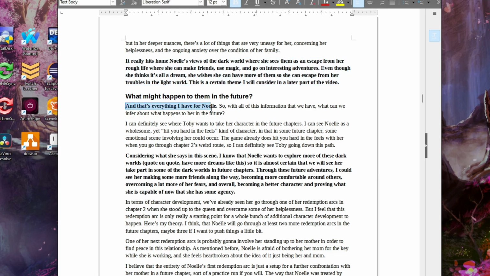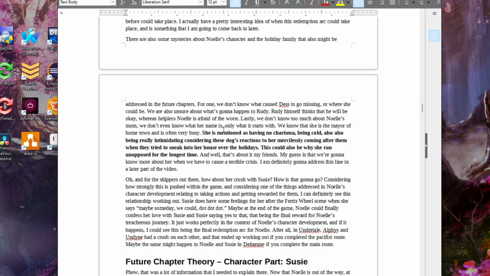Another thing I left out of that Noelle section initially was a lot of the escapism things, like how she finds the Dark Rolls interesting. I forgot to include these in my original iteration of the section. And then this is where I added that. That's these two things here. I think I even changed up the part where I explained about the mayor.